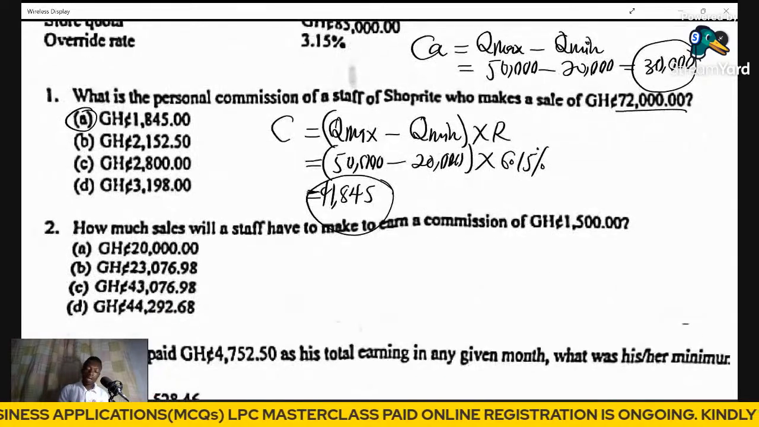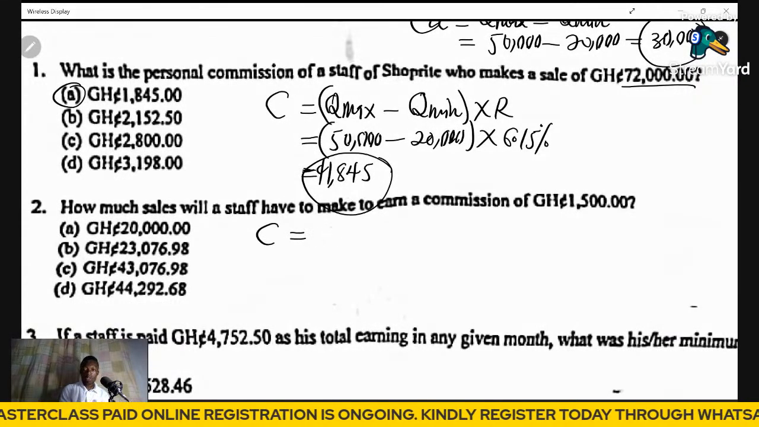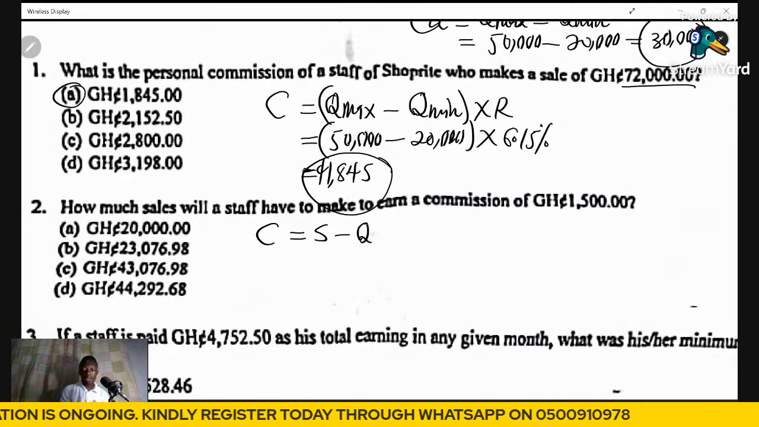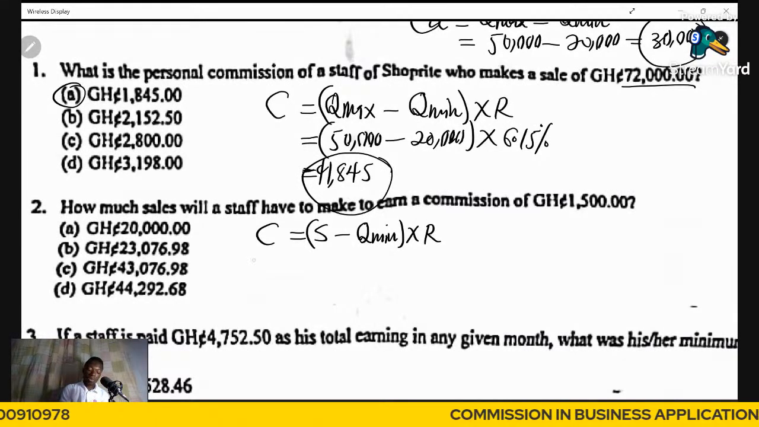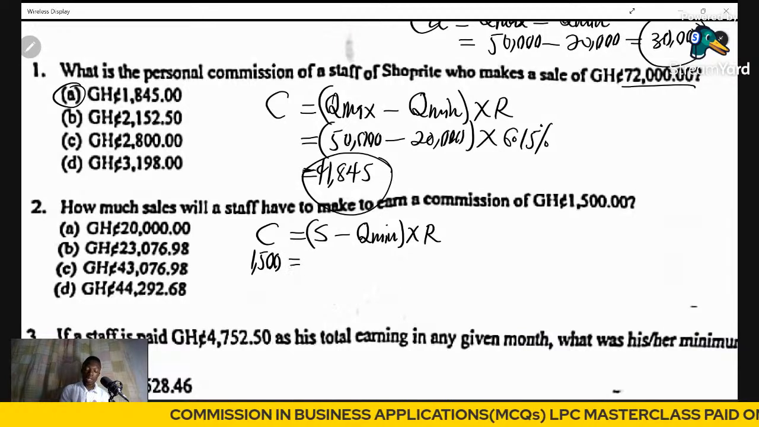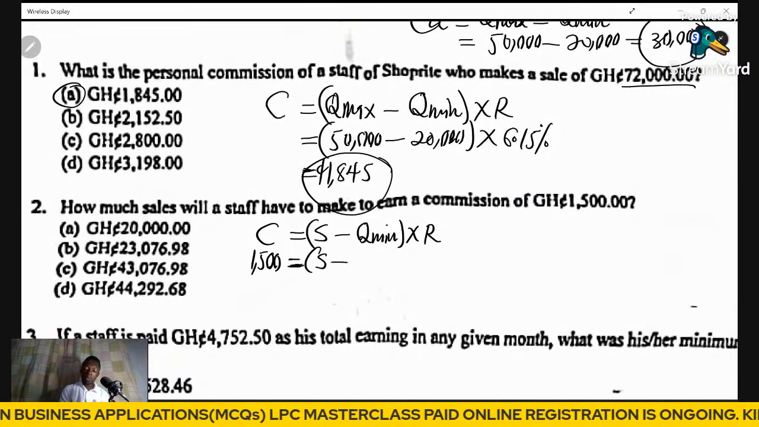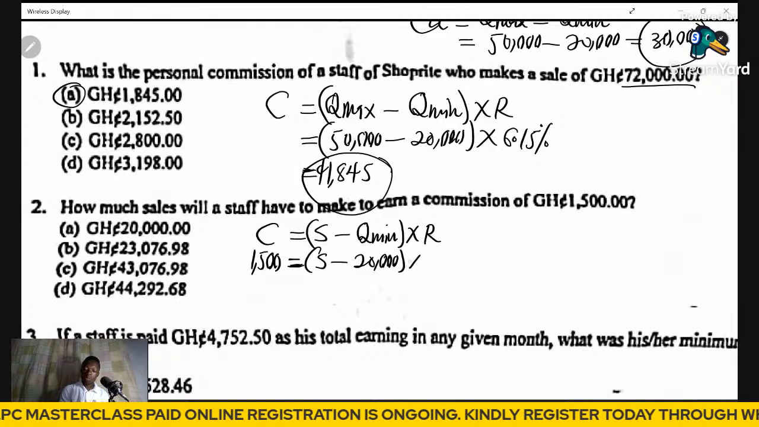So in that line, the commission for this staff is going to be the comparison of the sales minus the minimum quota, and then multiply by the rate of commission. We know the commission here was 1,500, and we don't know the sale of this staff, so that is what we want to find. So let's use X to represent that. But we know the minimum quota to be equal to 20,000. And then multiply by the rate of